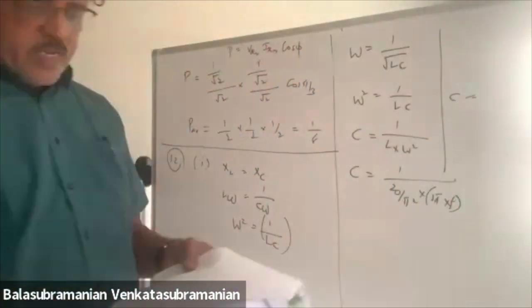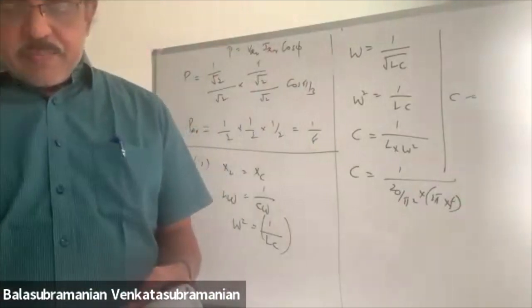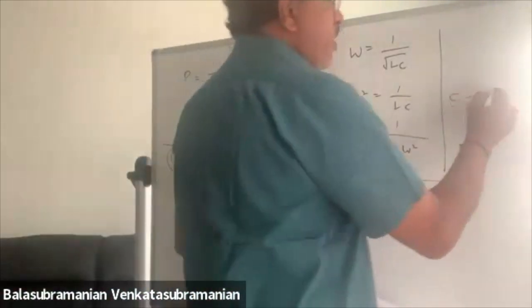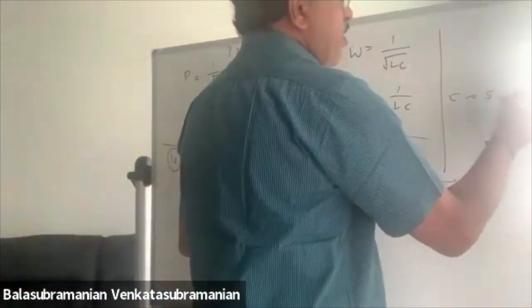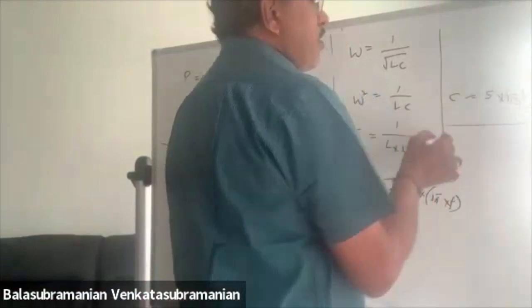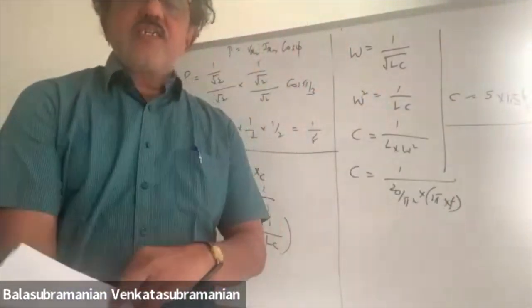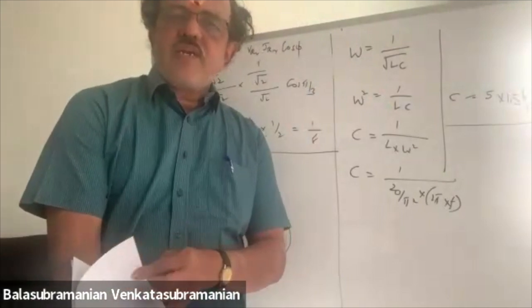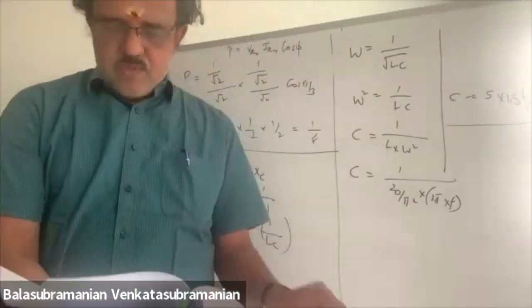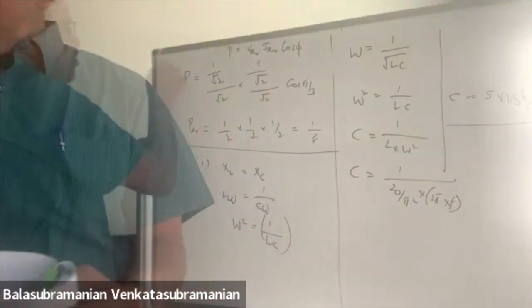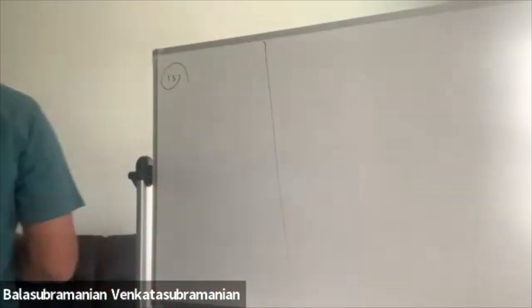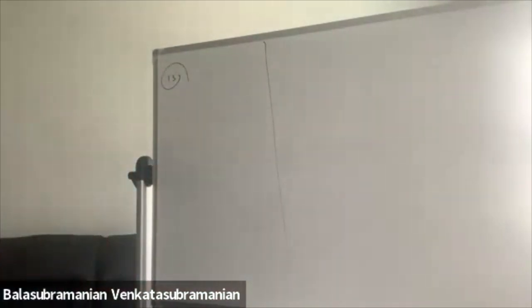Simplify, rearrange, calculate the value of capacitance. Pi microfarad. Pi into 10 power minus 6 farad, that should be pi microfarad. Okay. Question number 13. Write down the equation for a sinusoidal voltage